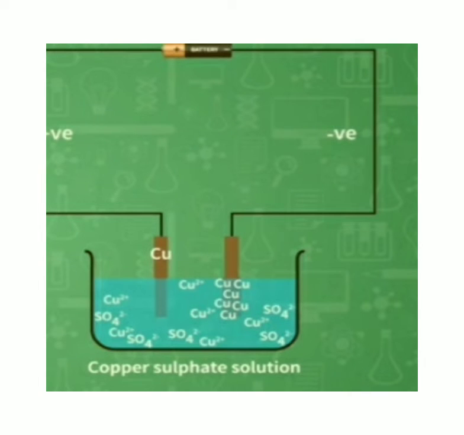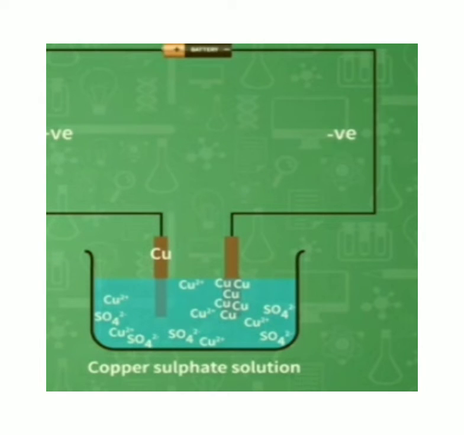The copper becomes positive and on the other hand sulfate becomes negative. Now you must be knowing that positive always attracts negative. So in this solution copper is positive, so it gets attracted to the negative terminal of the battery. And what is present in the negative terminal of the battery? The copper plate. So slowly all the copper from the solution starts getting deposited on the copper plate, which is connected to the negative terminal of the battery.